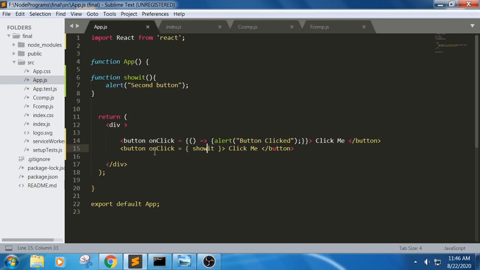Let me put the same thing for an input element. For example, I'm trying to take an input element. We will cover only the basic things. First one is onClick and next one is onChange. Input type equal to text. We have taken input type equal to text. In this onChange, we are trying to take an arrow function.